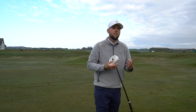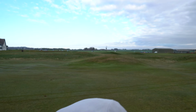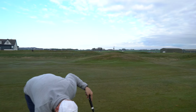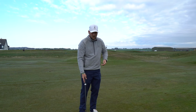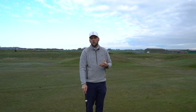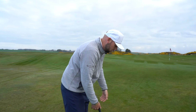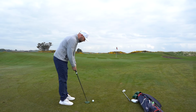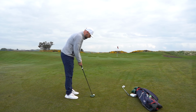So maybe look, if you're playing links golf, even if you're playing parkland courses and you're on that fringe, you're on that apron, maybe look at getting your putter out and using that from here, because like we know, there is the phrase that obviously a bad putt could be better than your best chip. And this is where for a lot of people that might be the case. So again, we've got a nice closely mown area here. It is early, so we've still got a little bit of dew on the ground, but I can come in here